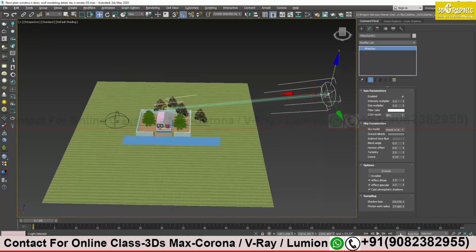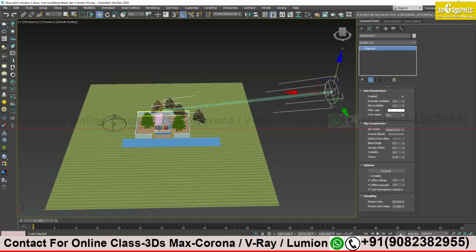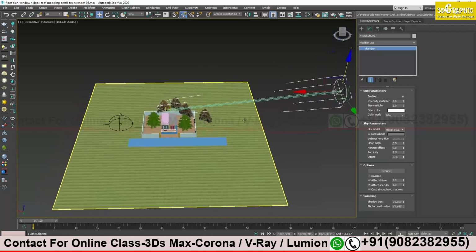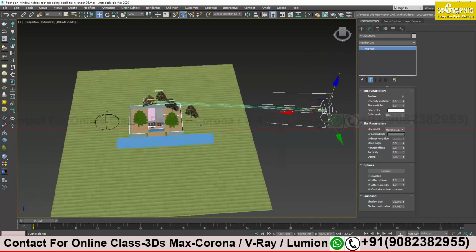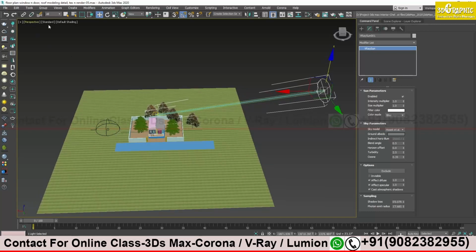In coming classes we will create a camera and we will render through a camera. Whenever we do Photoshop and whenever we create some videos, we use a camera, like when we are working professionally. When we have learned about the camera, at that time we will study what the camera options are. As of now, let's just focus on lights and let's just work on the perspective view only.